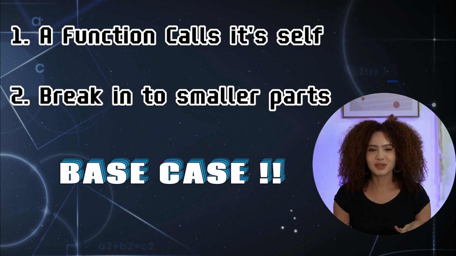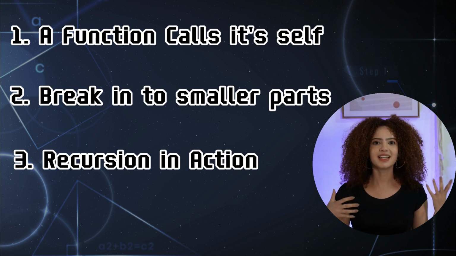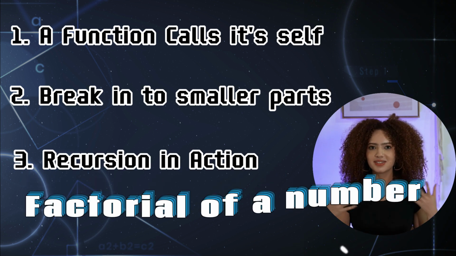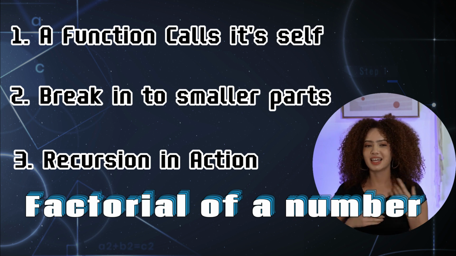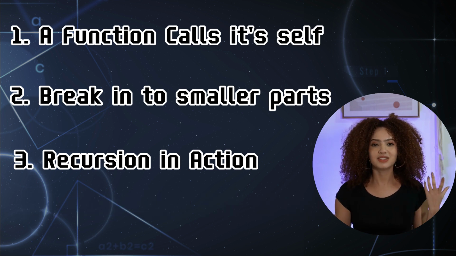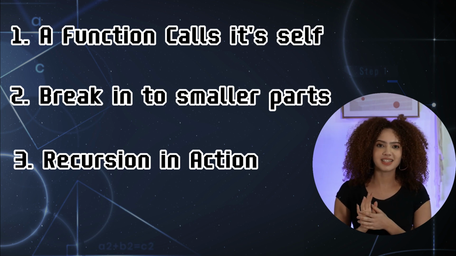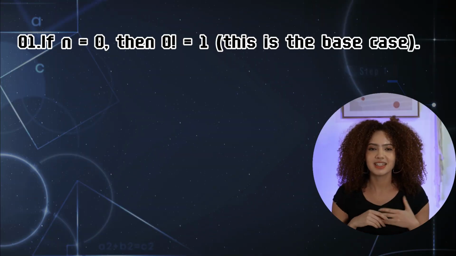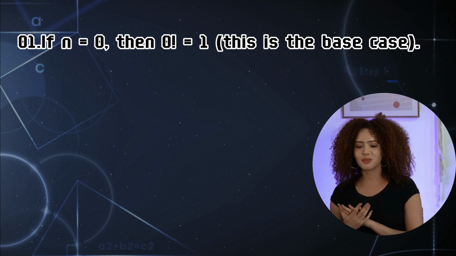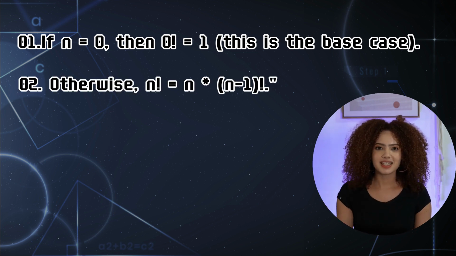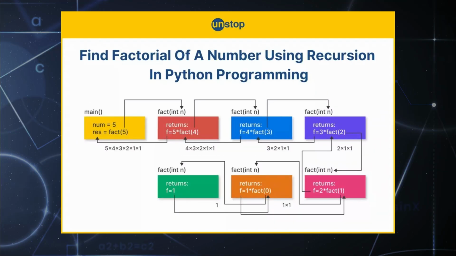Let's take an example to see recursion in action, calculating the factorial of a number. The factorial of a number, n, is the product of all positive integers up to n. Mathematically, it's written as n! and defined like this. If n is 0, then 0! is 1, this is the base case. Otherwise,